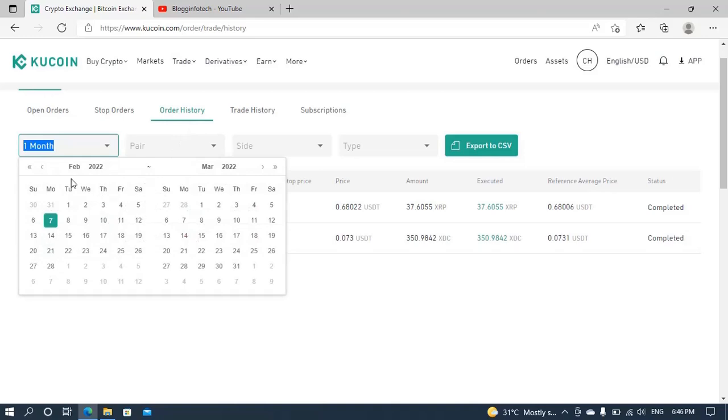Let's say you want to see your trade history. Let me see, from October 1st, 2021. Okay, let me shift it a little bit to October. So October 1st, 2021 to, let me see, to January. Okay, we're in February. Let's say February 1st also. You can